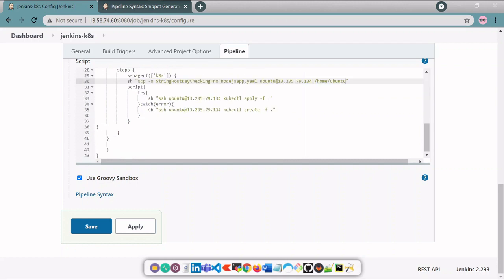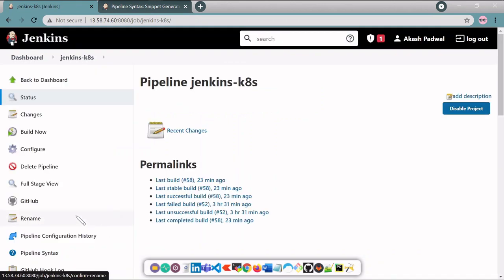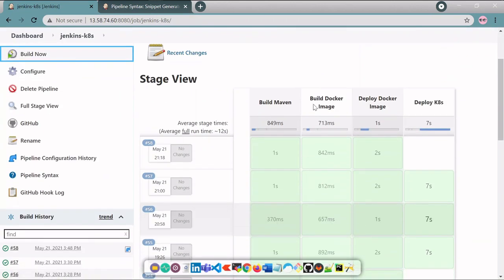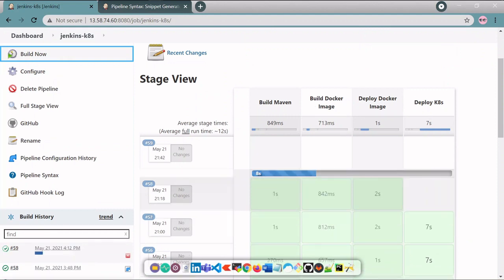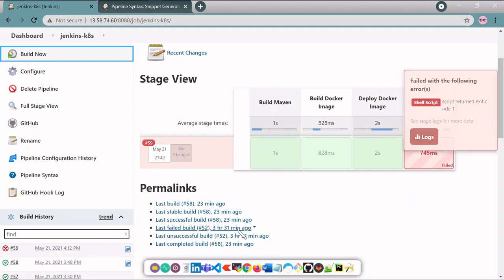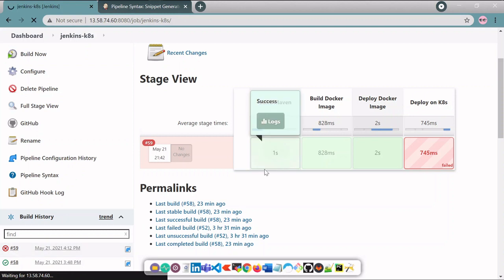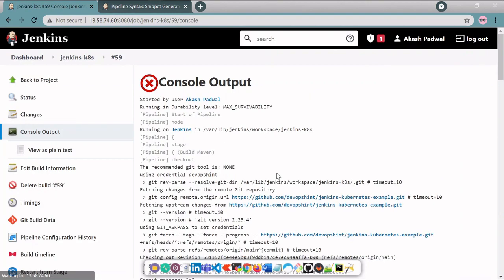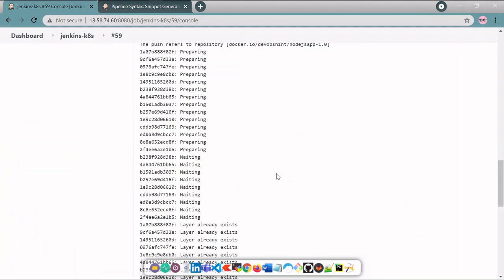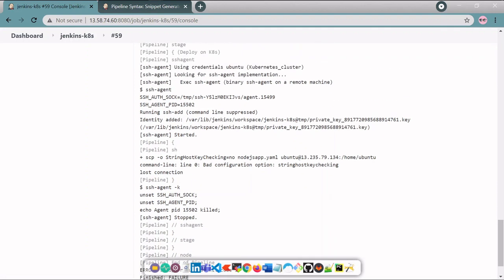Now click on save, click on build. Now let's check whether it deploys on the Kubernetes cluster or not. Okay, it gives an error.